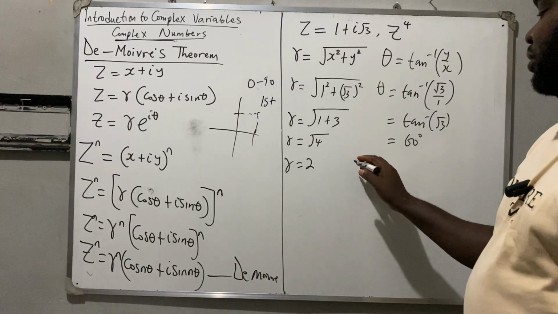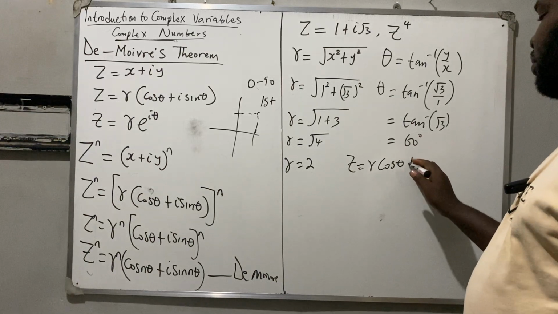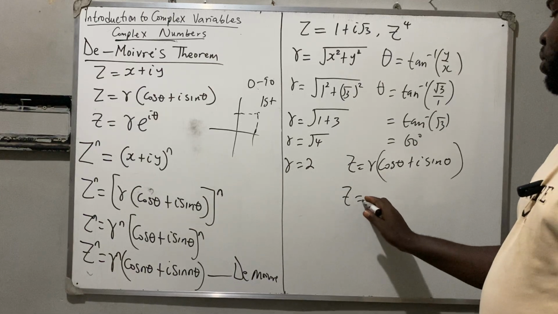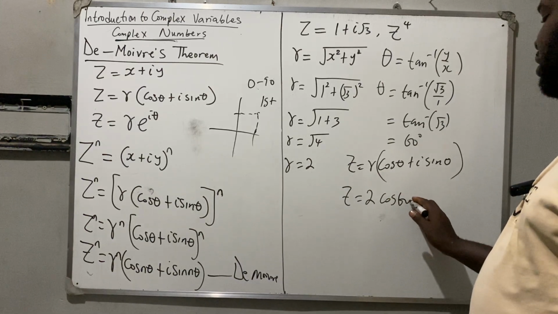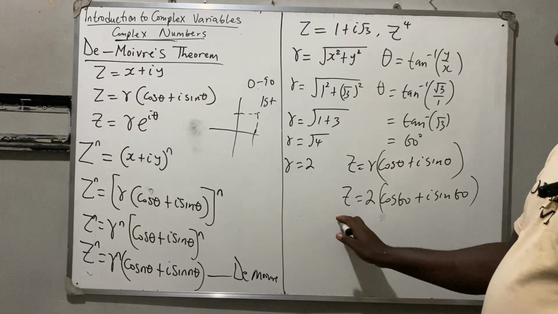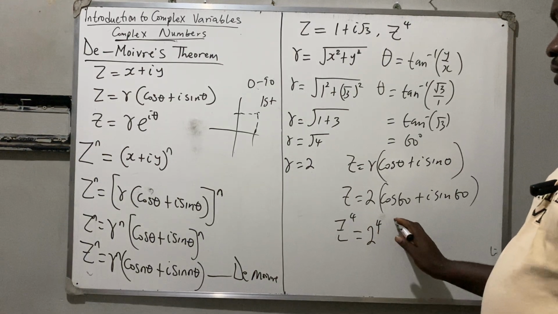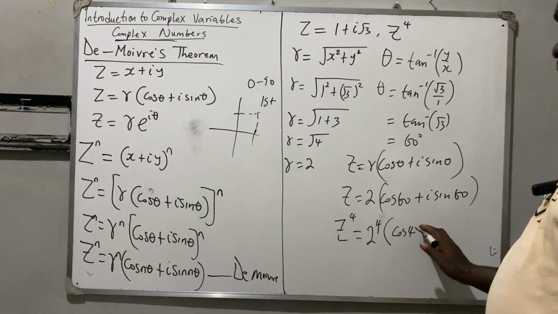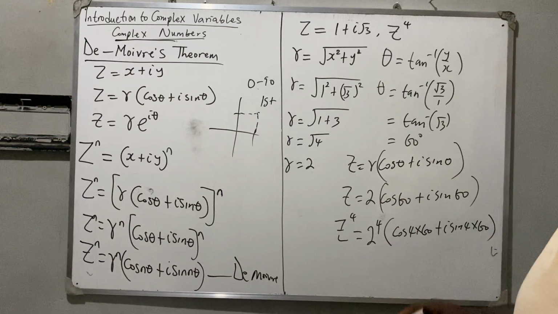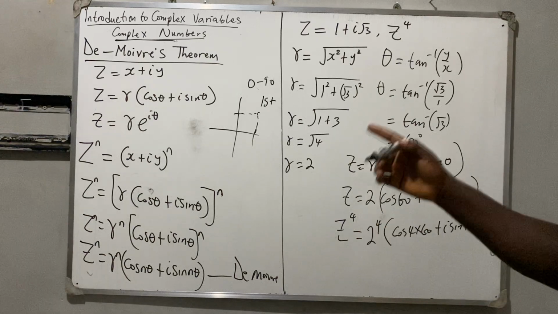So the answer, z, will now be what? R cos theta plus I sine theta. Don't forget to put your bracket. So my z will now be 2 (cos 60 plus I sine 60). So therefore, z raised to power 4 is the same as saying 2 raised to power 4, then in bracket, cos 4 times 60 plus I sine 4 times 60. Okay? So that is if you decide to leave your answer in degrees, but most of the times the answer